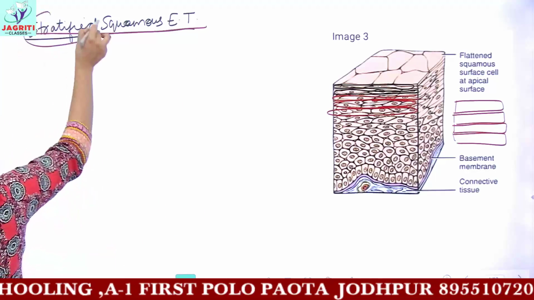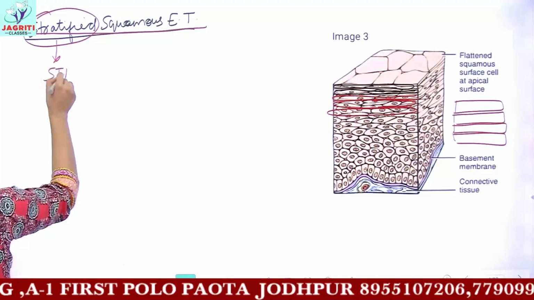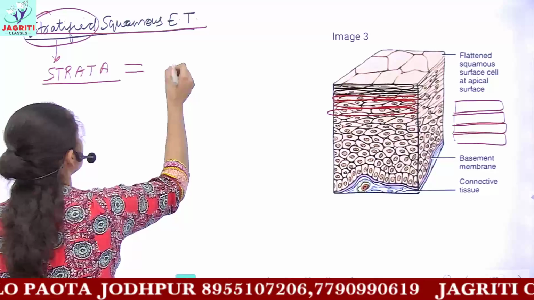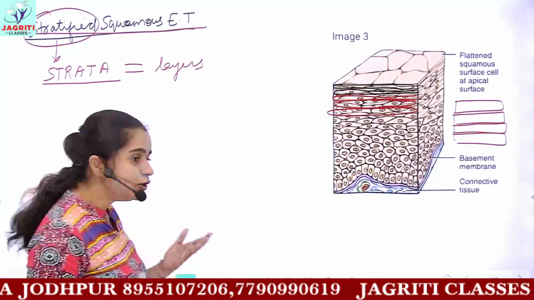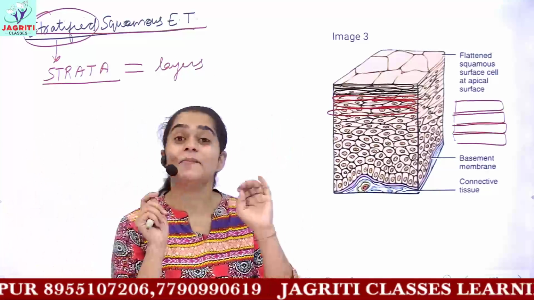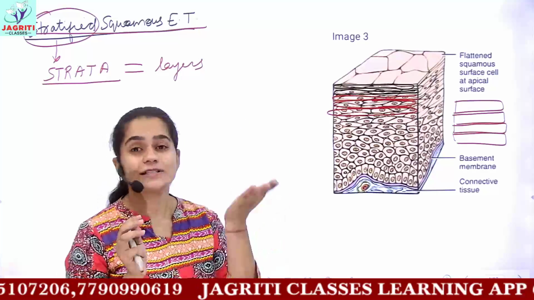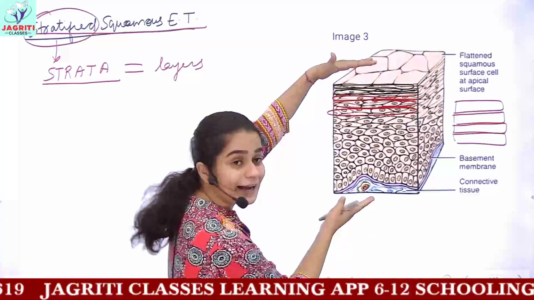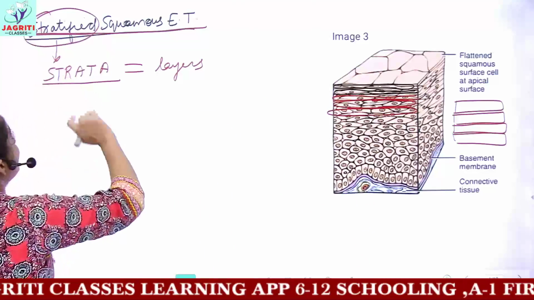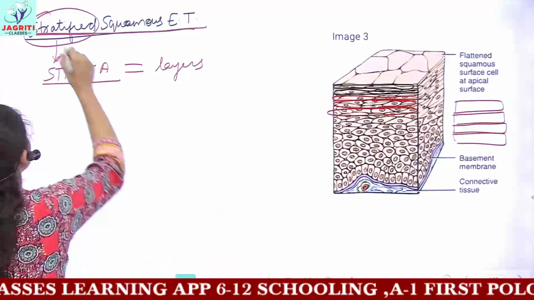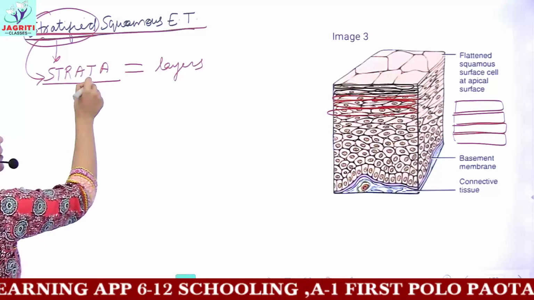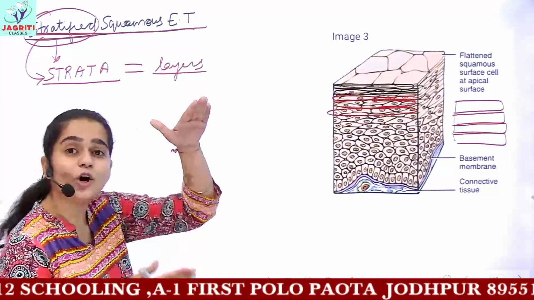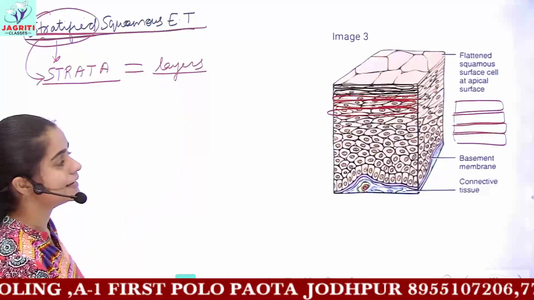The word stratified is made from the term strata. And strata in English means layers. So when you arrange simple squamous epithelium, which we discussed earlier, which is a very fine thin tissue, in layers one above the other, then you get a wide tissue which is called stratified. And from the name itself you can remember that stratified comes from the term strata, and strata means arranged in layers. So you can include that this is a thick or wide tissue because it is present in layers.